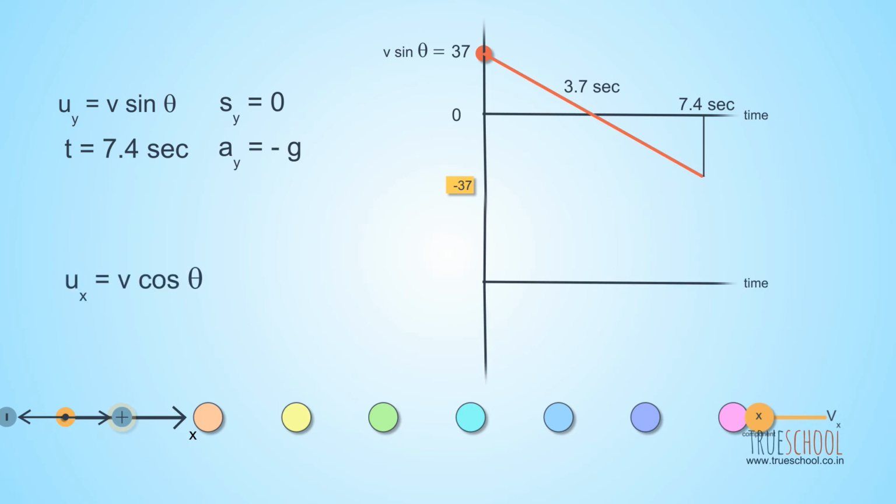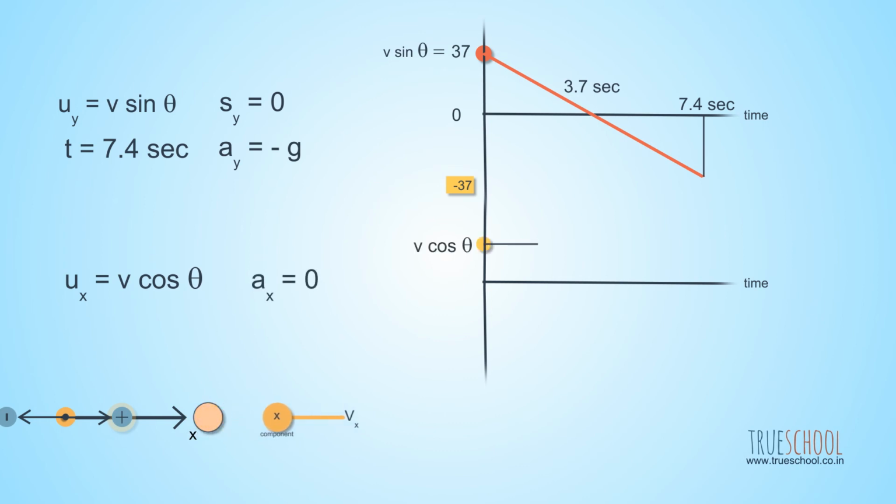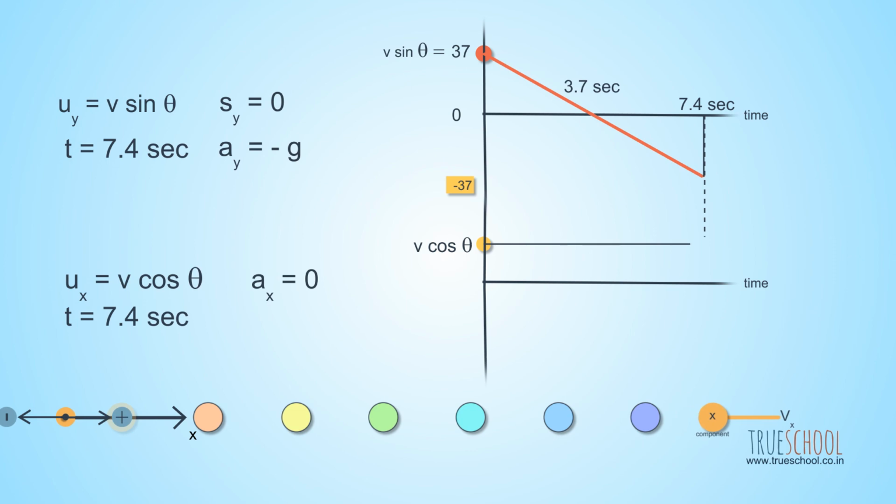What do you see? Hey, this just has a constant velocity. Exactly. In the x direction, acceleration is 0, so the velocity will remain constant. I told you these two axes are completely independent of each other. But there is one quantity which unites these two axes. That is time. The moment the ball hits the ground in our y-axis analysis, the ball should also stop in our x-axis analysis. So using this knowledge, we can find the range of the flight.